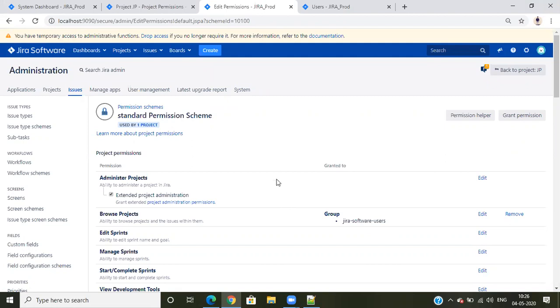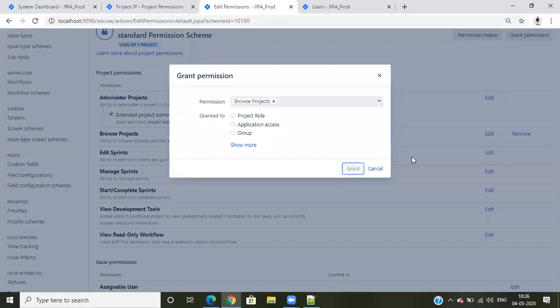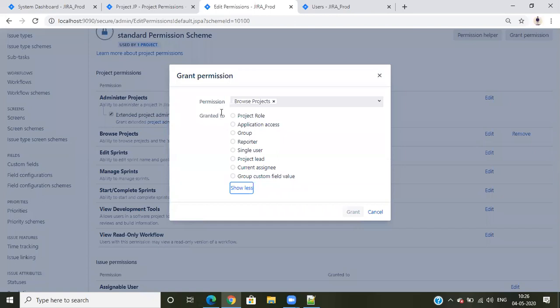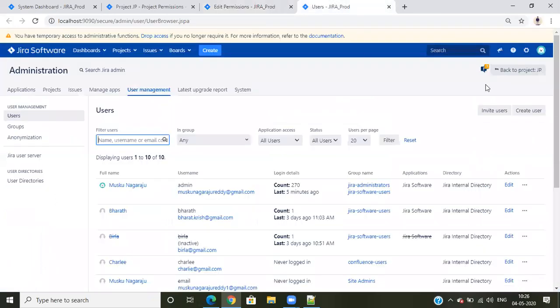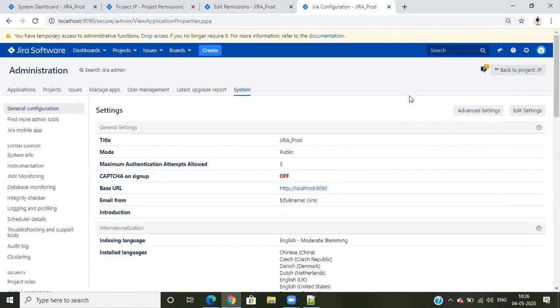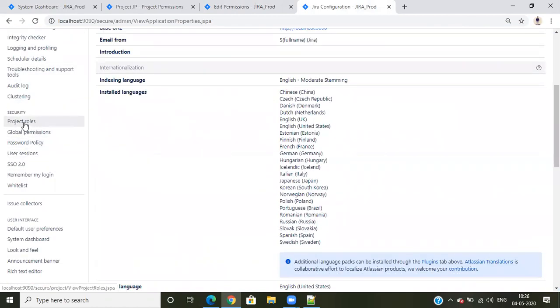Yes, we have that. If you edit this Browse Projects, instead of all this, we have an option called project roles. What are project roles? For this, first go to the backend, the admin console, and open System. Once you click on System, we have Project Roles here.